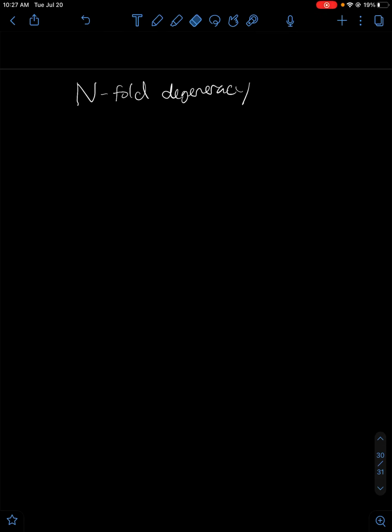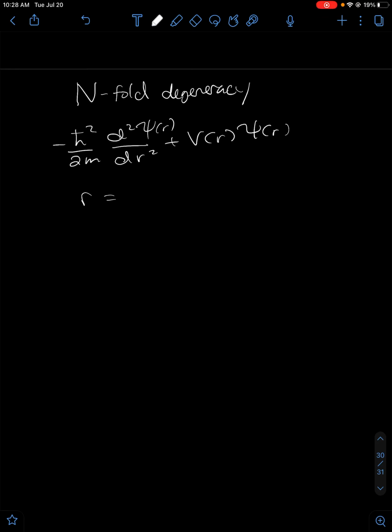Hello everyone, today we are going to learn about n-fold degeneracy. So let us begin. Here we have the Schrödinger equation written. This is the general Schrödinger equation, where psi is a function of r, and r is just like x, y,